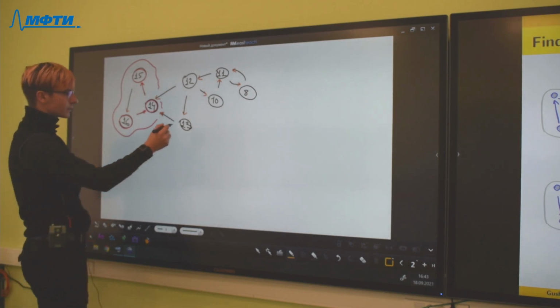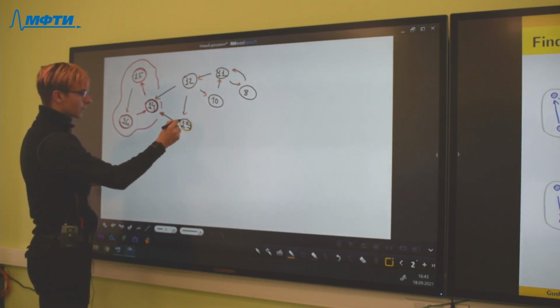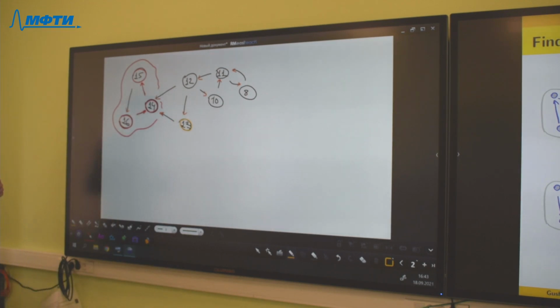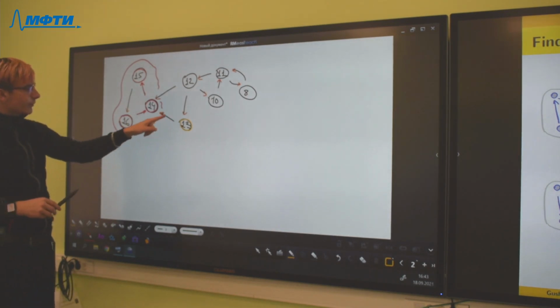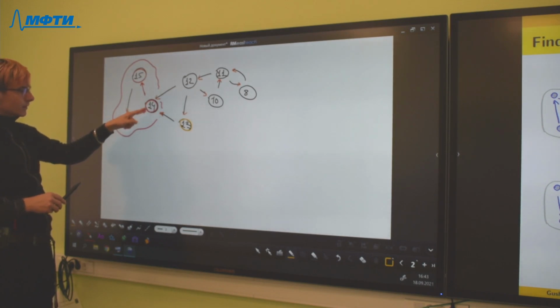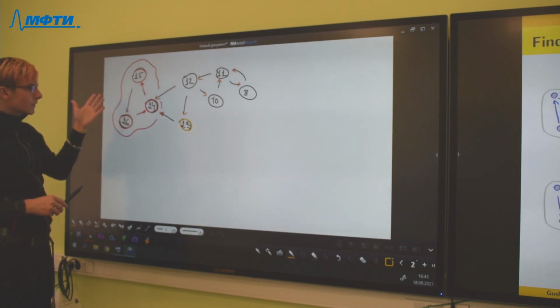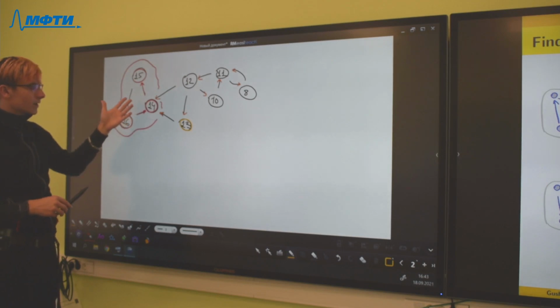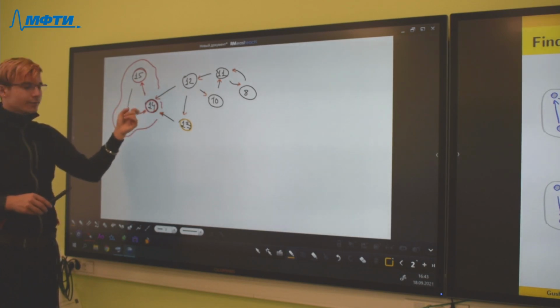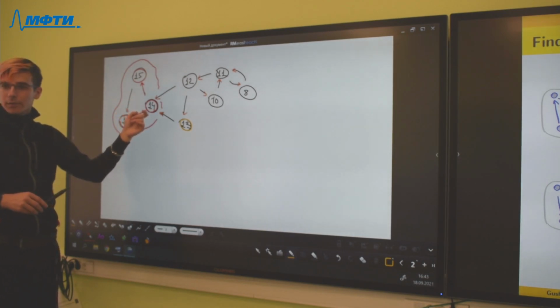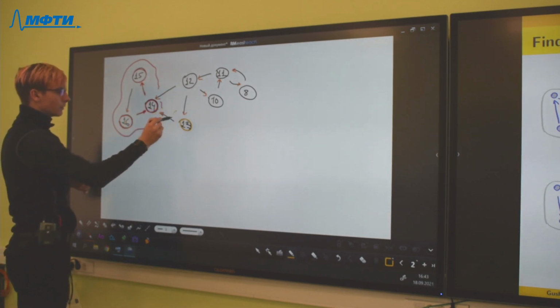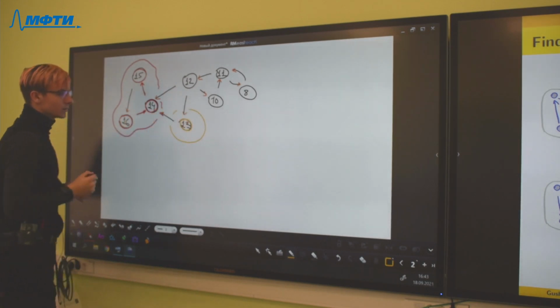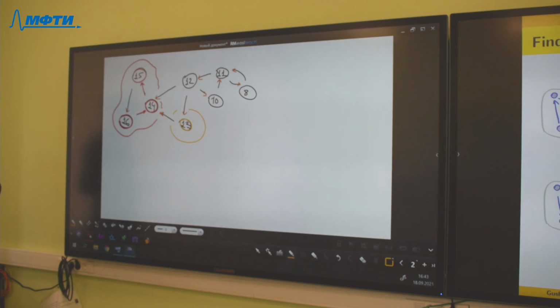So we start the second DFS visit from this vertex and see, okay, we have only one adjacent vertex, but it was already explored in the first step. So it is a new strongly connected component.